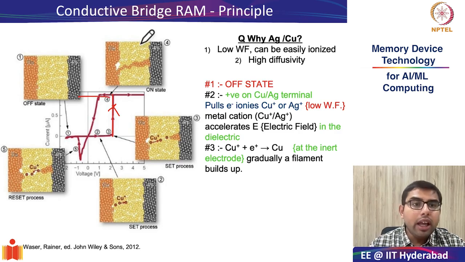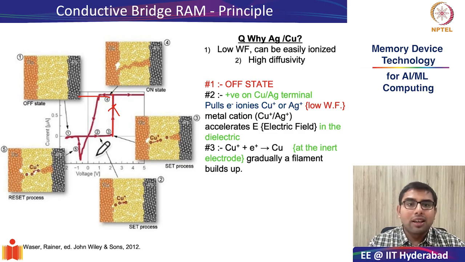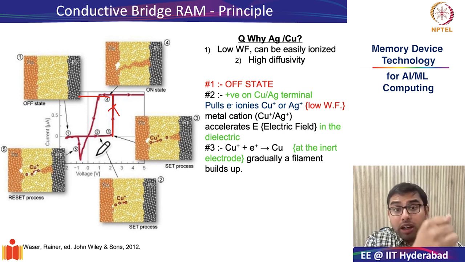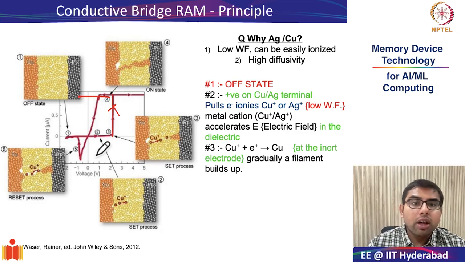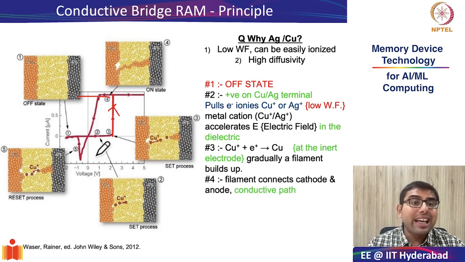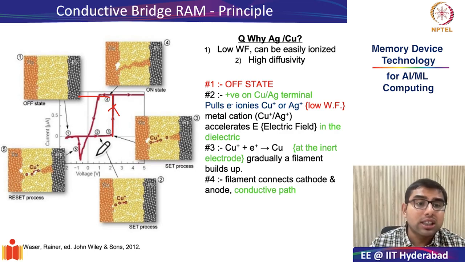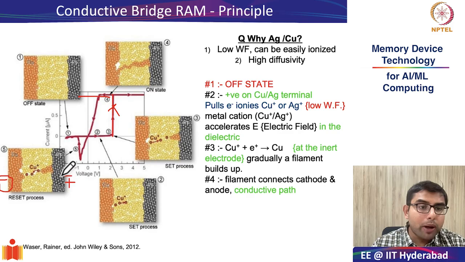Okay, so this is the formation of the filament through first ionization of the copper or silver atom into cation and the diffusion of the cation to the inert electrode. Next, we will see how the filament gets dissolved. The filament gets dissolved by exactly the opposite process. Now, by switching the polarity, making sure that your active material has negative and your inert material has positive polarity,